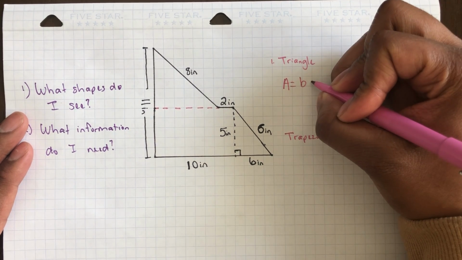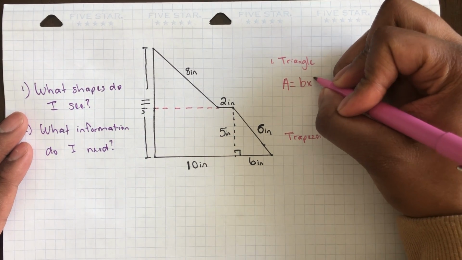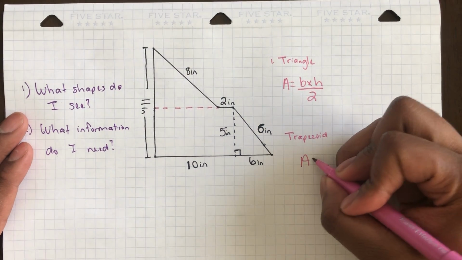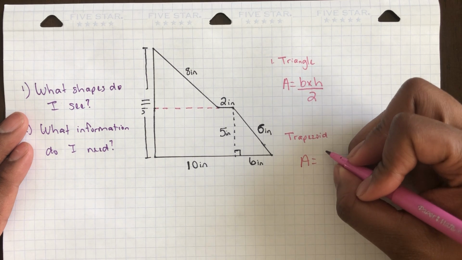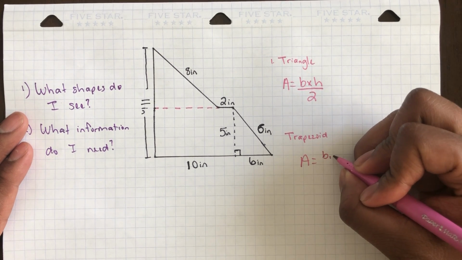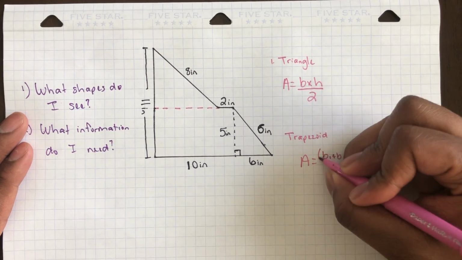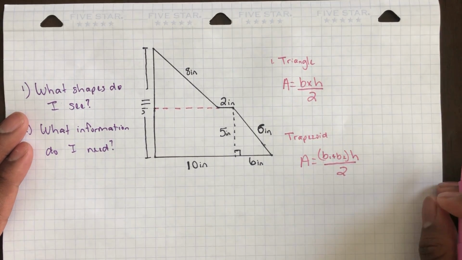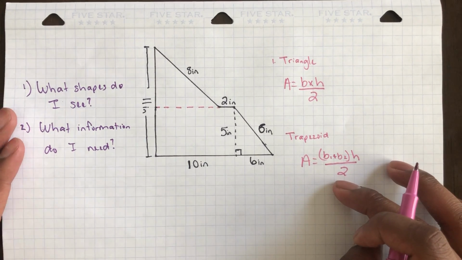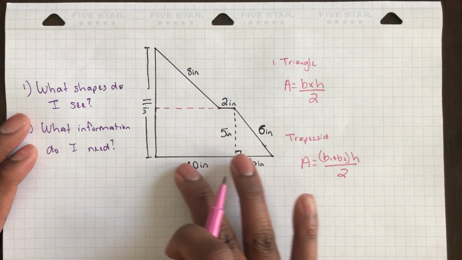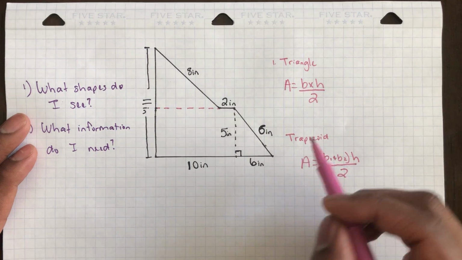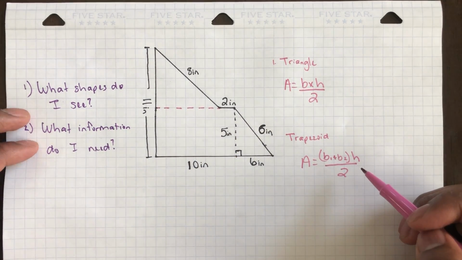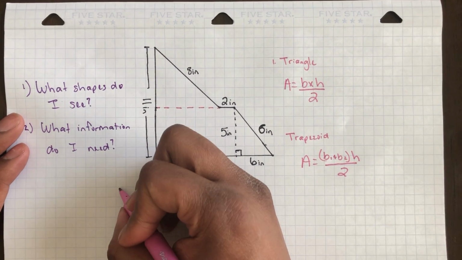It's my base times my height divided by 2. For my trapezoid, my area is base. This is important, that for me to find the area of the entire compound shape, I'm going to have to add both these areas of my individual shapes together. Okay, so the actual